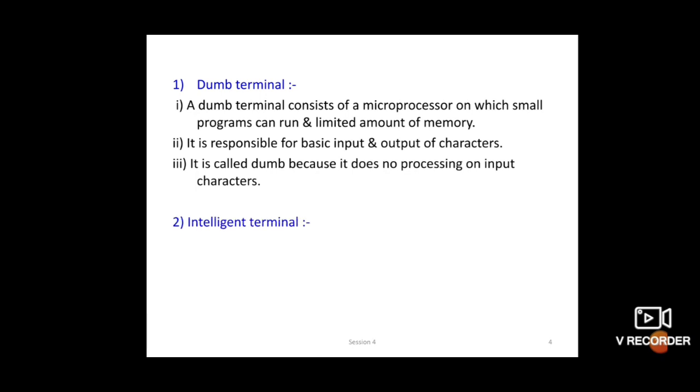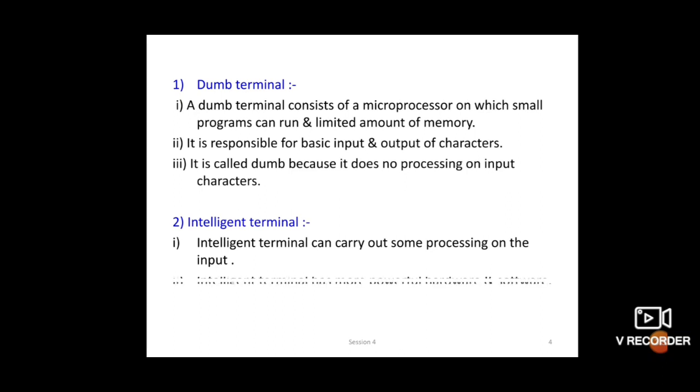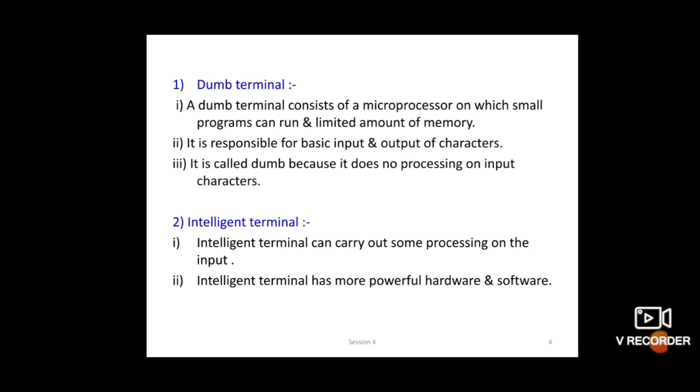Understood, student? Now next is the intelligent terminal. According to the name, intelligent. An intelligent terminal has more powerful hardware and also software.